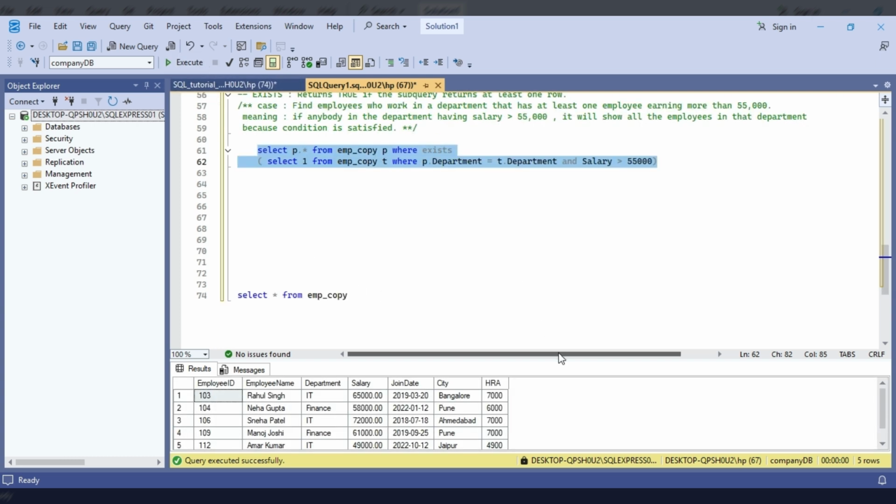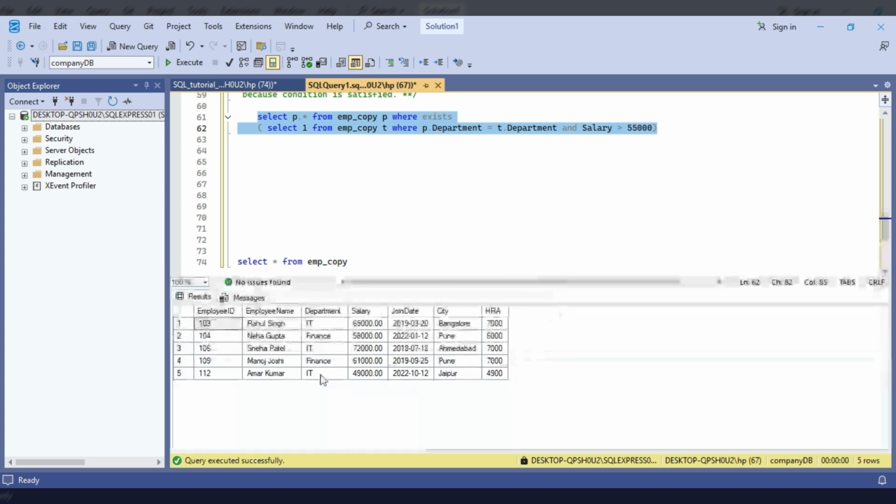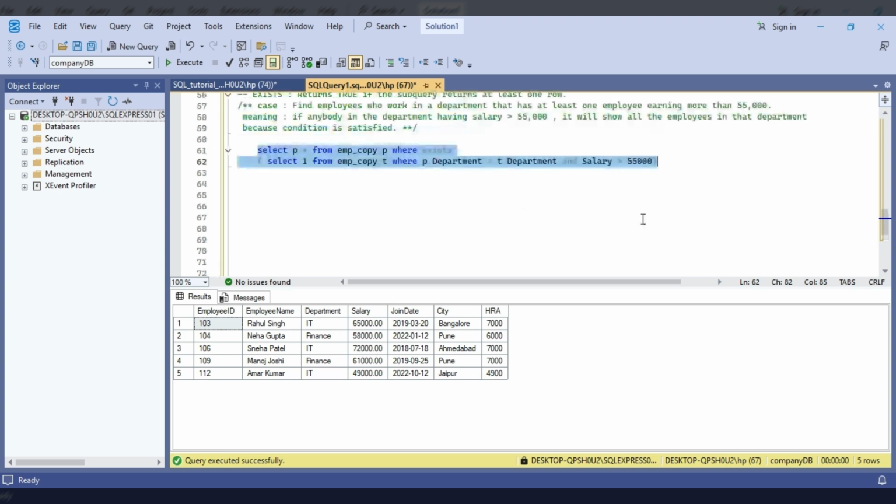Now we can see the result. It is giving all the employees where at least one of the employees has a salary greater than 55,000. We can see 49,000 is also included, because if any one member of the department has a salary greater than 55,000, then it gives all the employees in that department.